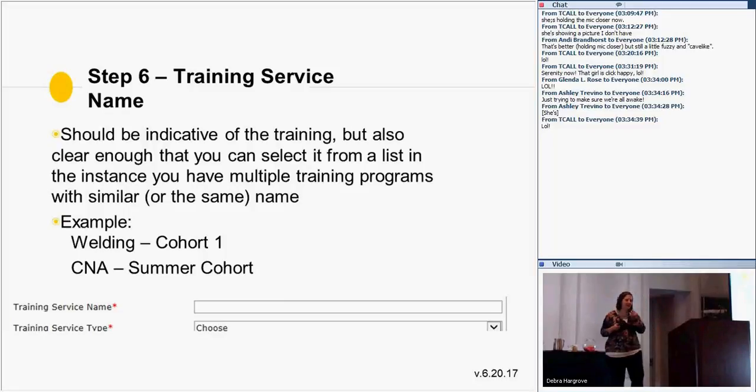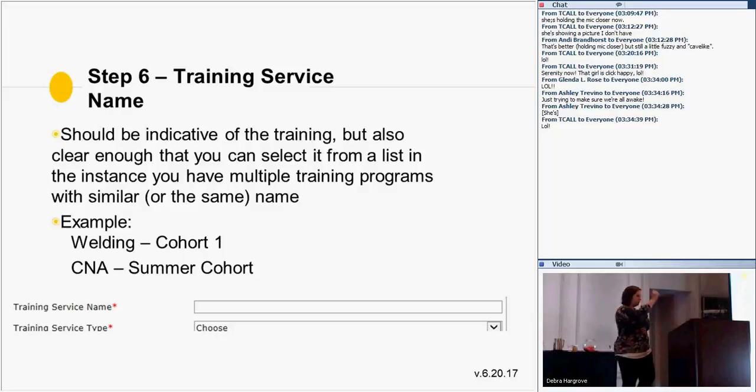Training service days. This is open entry if your program is not on the ECT list. If your program is on the ECT list, it generates into the training program once you select the appropriate zip code, which I'll say should be the testing. If not, you need to enter the name. Now, I'm going to repeat this again.